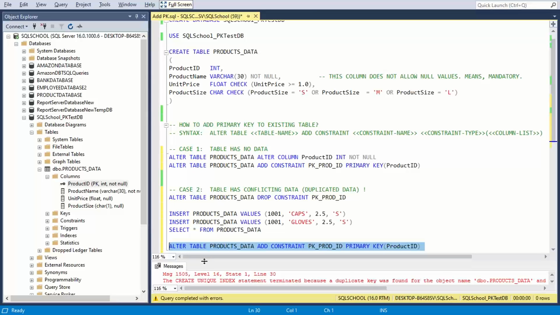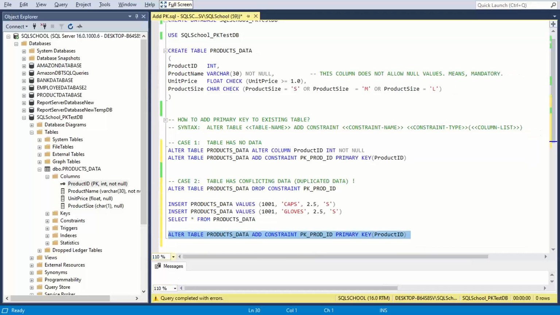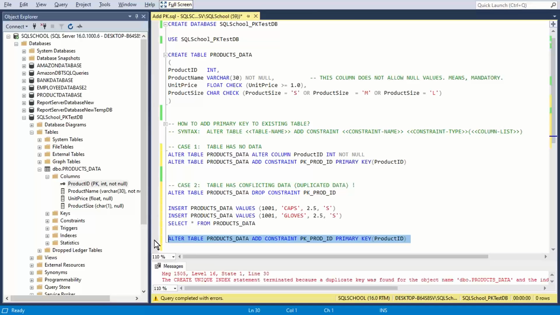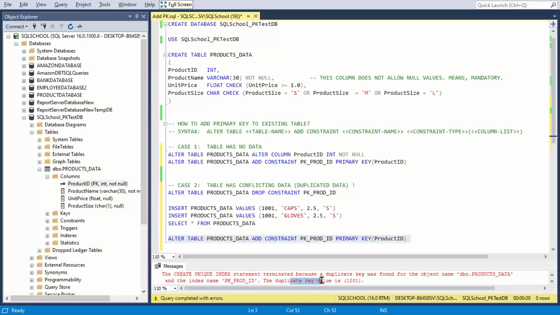It says cannot create index. Yes, whenever you define a primary key, an index will automatically be attempted to get created, and it says cannot do it because of a duplicate key.